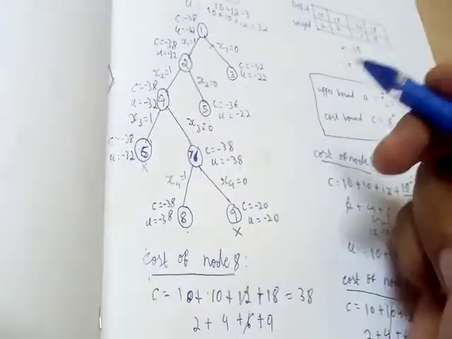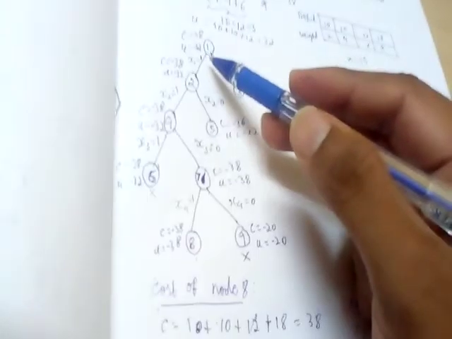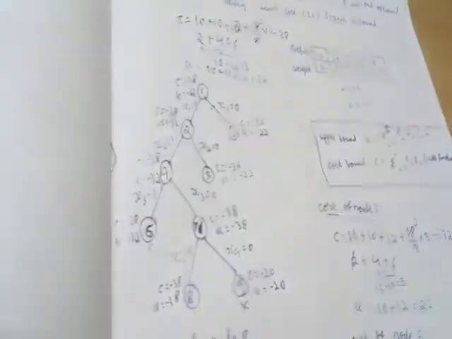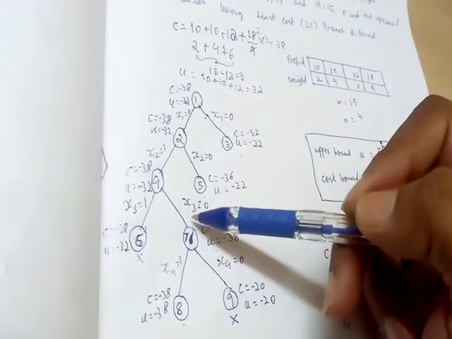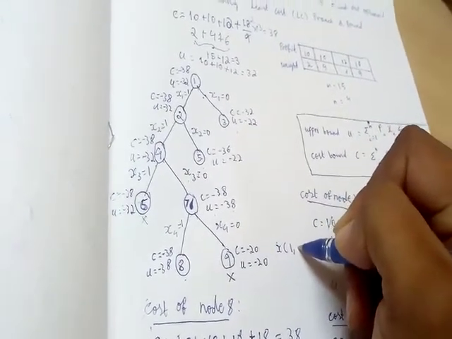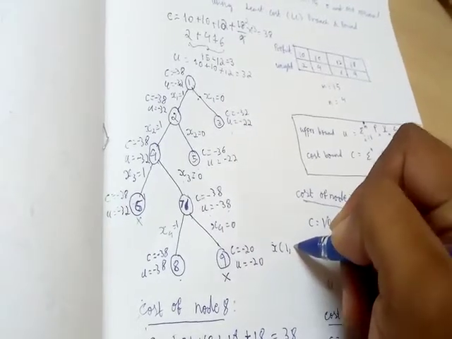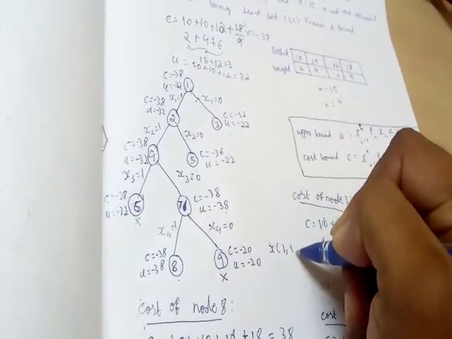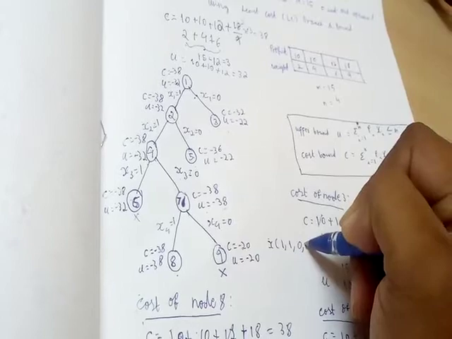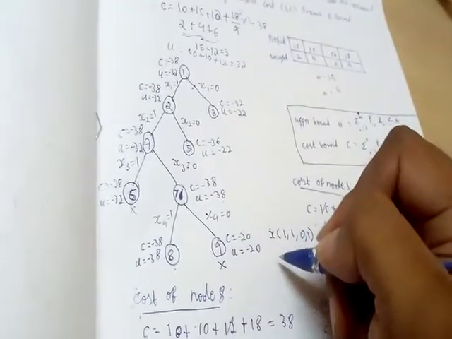So with this we have solved the problem. The items that need to be added are item 1, item 2, the item 3 should not be added and item 4 needs to be added. I can represent this as 1, 1, 0, 1, where the first value 1 indicates item 1 can be added, the second value 1 indicates item 2 can be added, the third value 0 indicates the third item cannot be added, and the fourth value 1 indicates the fourth item can be added.